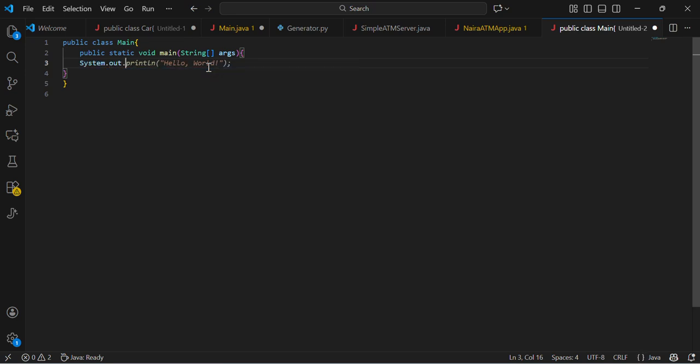So we're going to be printing it out by System.out.println, and then in our parentheses we are going to be having hello world in quotes, and then we close it with a semicolon. So now that we have written this program,